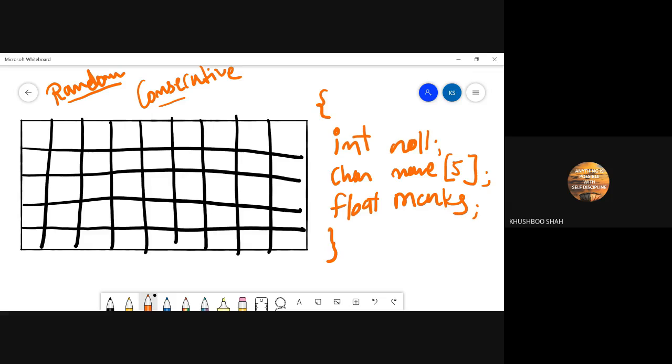So similarly, when you create this type of structure, it will calculate the total size of the structure. And this can be the question: if I give the name S1 to this struct student, what is the size of S1? So you need to calculate. How to calculate? First tell me